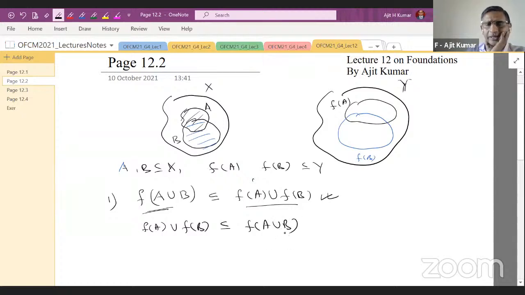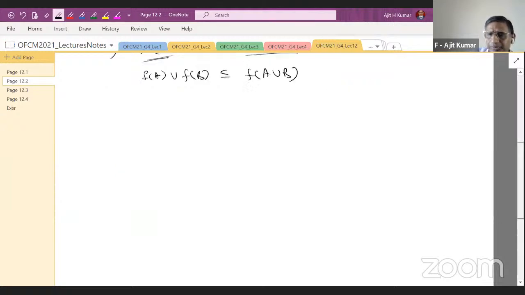This is what we want to look at now. This part is always true. We check. Of course, you can again start with the same argument. Start with an element in the left hand side and show that it is an element in the right hand side. You can do that. But actually, we have already